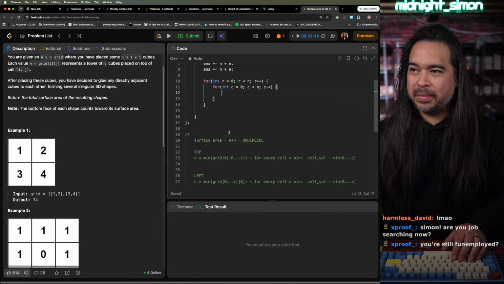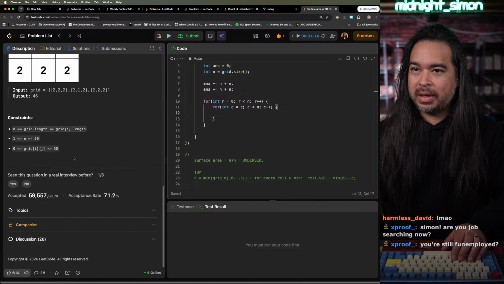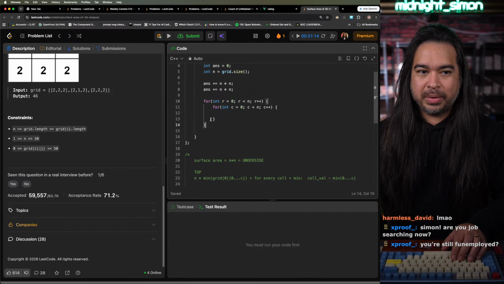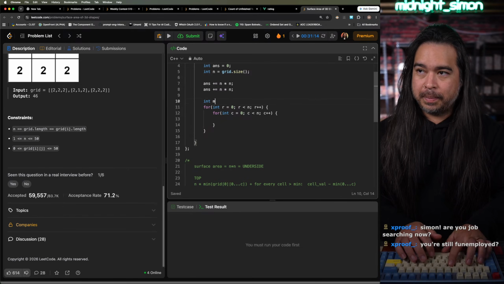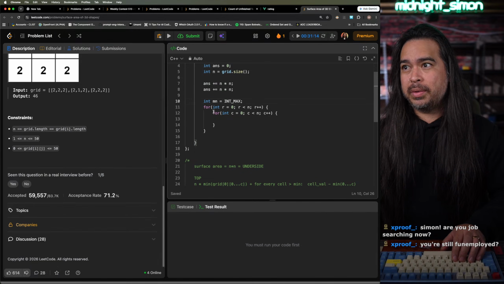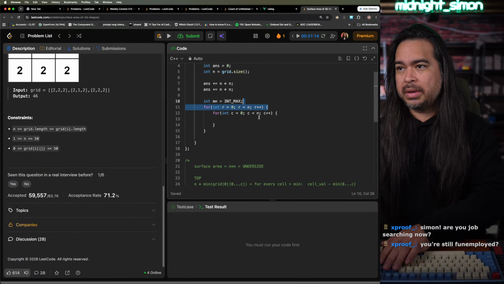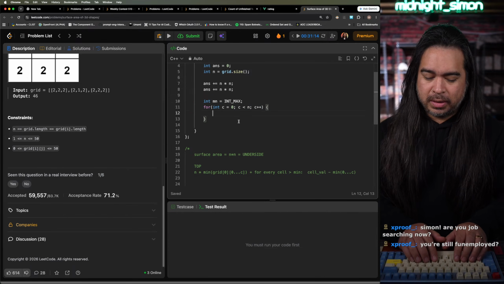Actually, man. Let me look at the constraints. Nah, I'm just gonna do some real janky stuff here real quick. So top side, row 0. Okay, so I'll just iterate over the columns. So it's gonna be